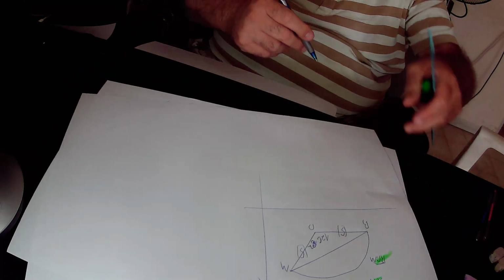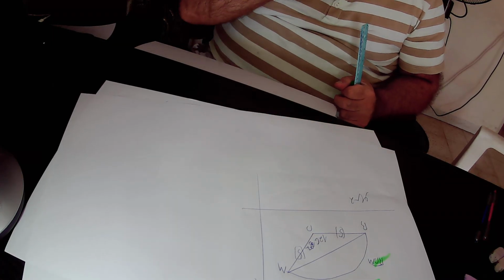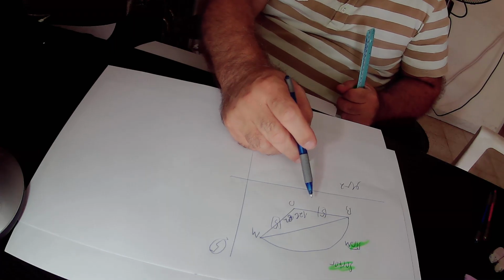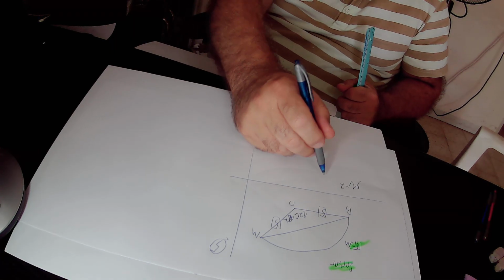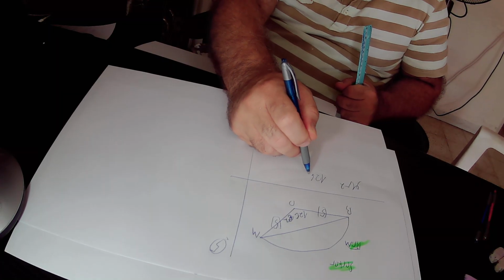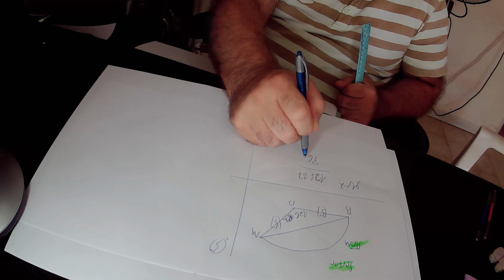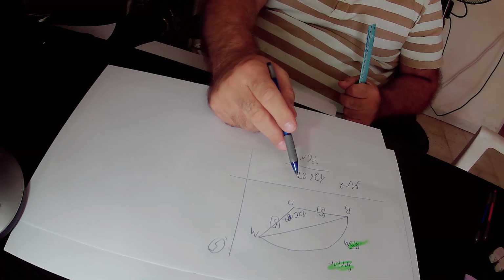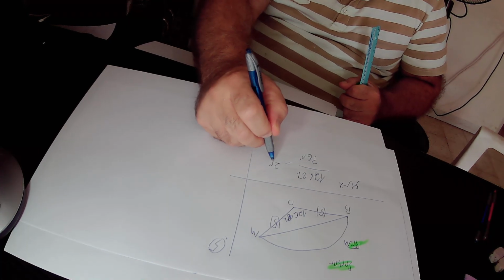So it is pi r squared times the angle between the legs of the sector, that is 126.87 degrees, divided by 360 degrees. R is 5, therefore r squared is 25, so pi r squared is 25 pi